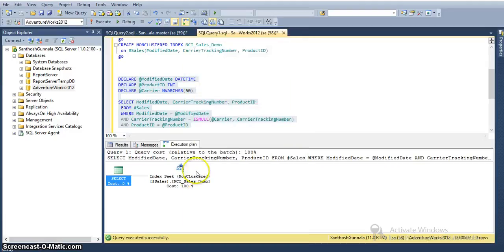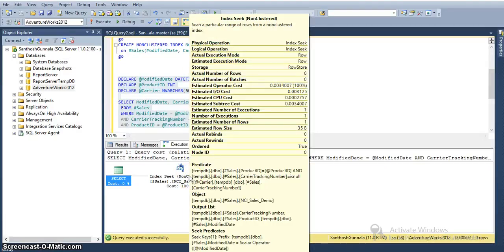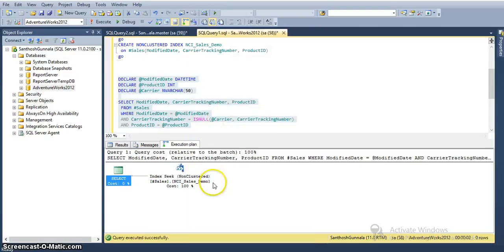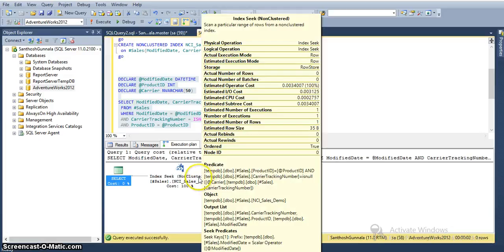And see here, this is the predicate, and the last one is the seek predicate. By looking at the seek predicate, you will observe it contains only modified date, the scalar operator modified date. By looking into the predicate, it contains product ID and carrier tracking number, these two.